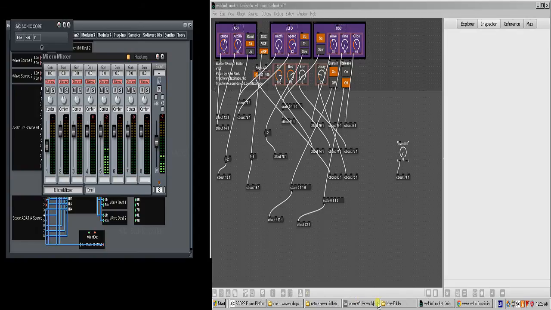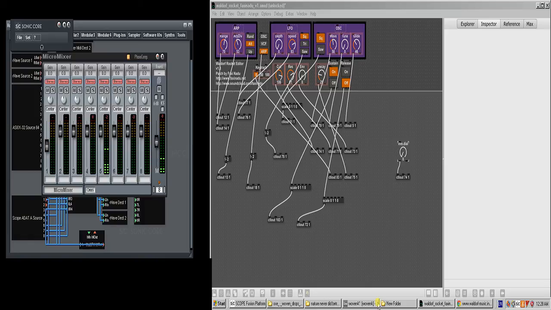Hi, Faxi Nadu here, and I want to take a look today with you guys at Max MSP and the way it integrates into Ableton Live with Max4Live. And I'm also pretty new to this platform. I've used other modulars and design platforms in the past, but never went really into Max or Max4Live until a